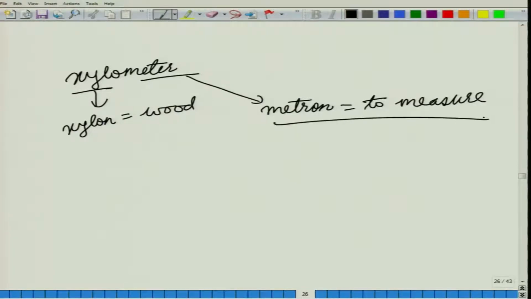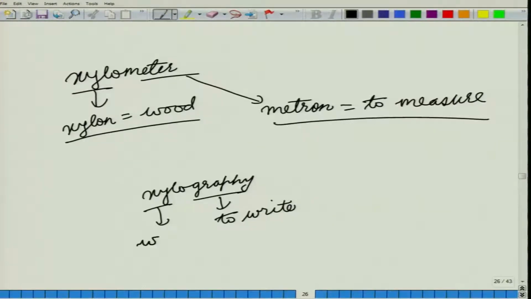Now, metron is the same word that goes in biometry, or say photogrammetry, or say trigonometry. So, metron means to measure, xylon means wood. So, this term comes in, say, xylography. Xylography, now graphy means to write,